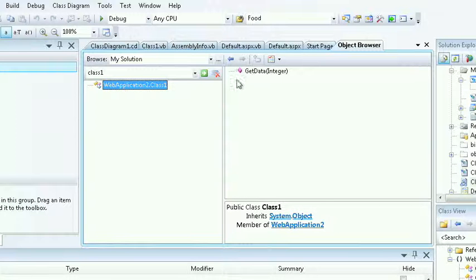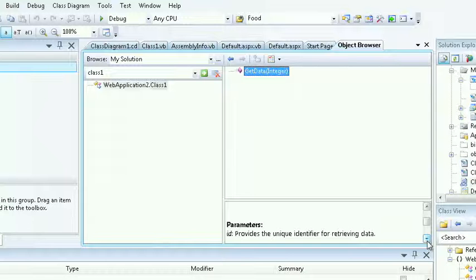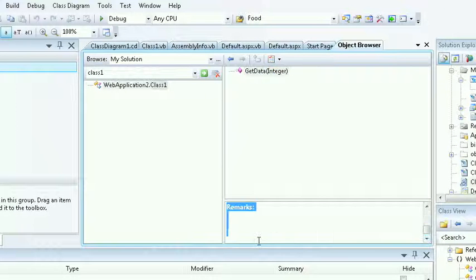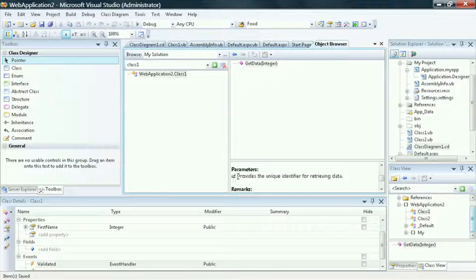In this case, we only have one method called getData. We didn't provide a summary, but if we had, we would actually be able to see the summary listed. But we did provide a comment for the parameters. And as we can see, the ID provides a unique identifier for retrieving the data. So now you can see as a best practice how you can create classes and objects, providing them with the appropriate comments so that later when people are using your classes as a learning tool, they can use the object